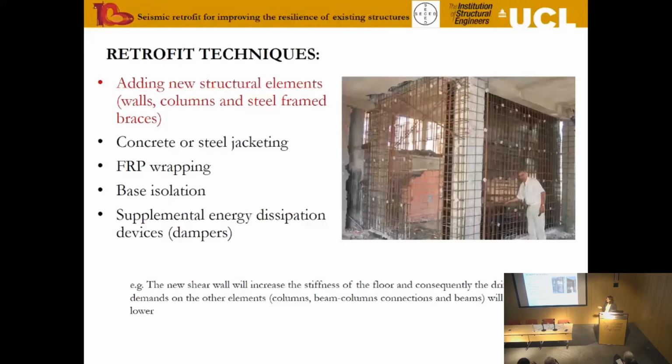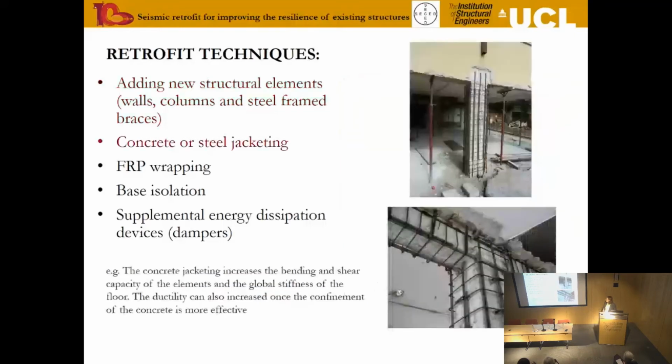The next most common retrofit techniques are reinforced concrete jacketing or steel jacketing of structural elements. These interventions are at the element level. They are less disruptive than things like shear walls, etc., but still require quite a lot of intervention, do carry out some disruption, and, for example, in the particular case of steel jacketing, have the issue of corrosion associated with them in the future.